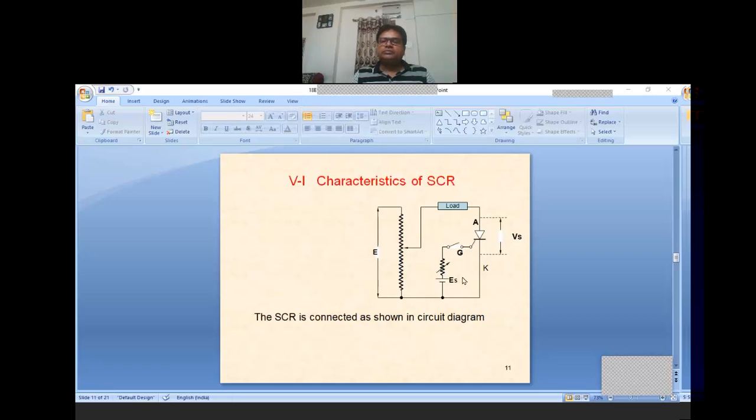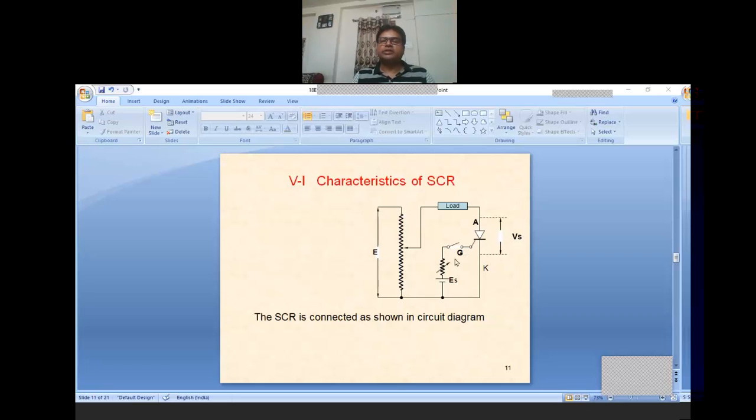And there is another supply given to the gate, where the gate will be positive with respect to the cathode, again from a potentiometer and variable supply. And for all our purposes, other than specified, the switch is always closed